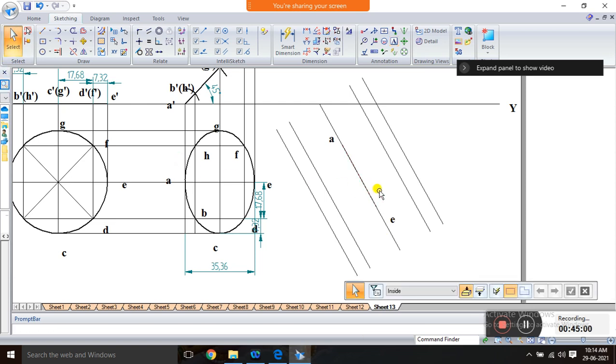Then we need the points B, C, D, F, G, H. For that, either from here to here you can cut the arc by stretching, placing this A and B, cut the arc. It is also one method. And there is another method: you have to draw the perpendicular line, exactly from the center. So draw a perpendicular line for this. Like this, you have to draw.